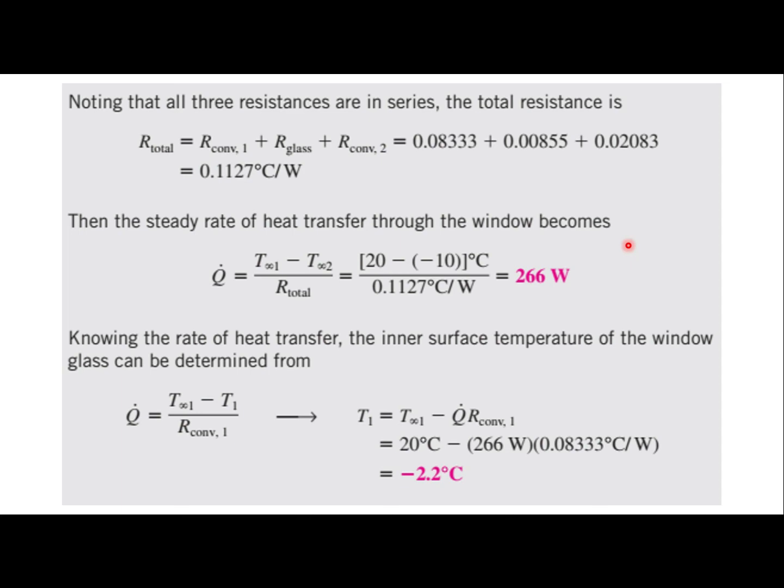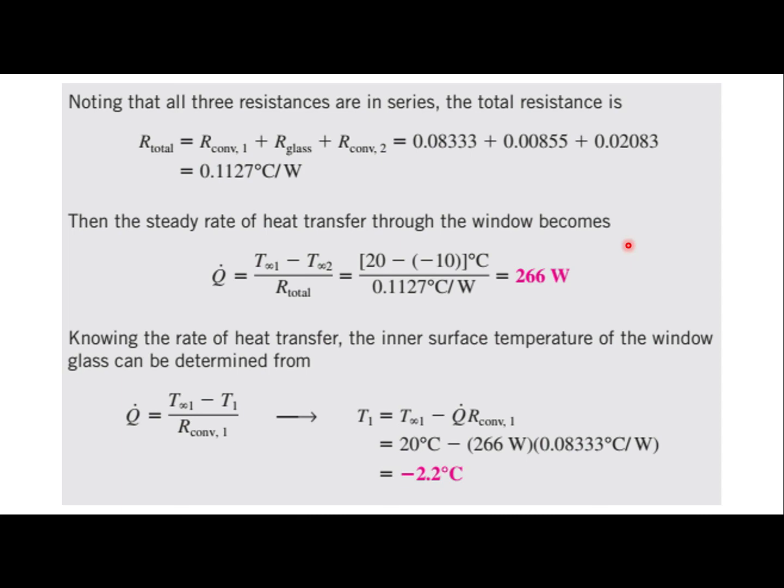Let's say it will be equal to 0.1127 degrees centigrade per watt, and we can apply the formula that we have already used for the determination of the rate of heat transfer